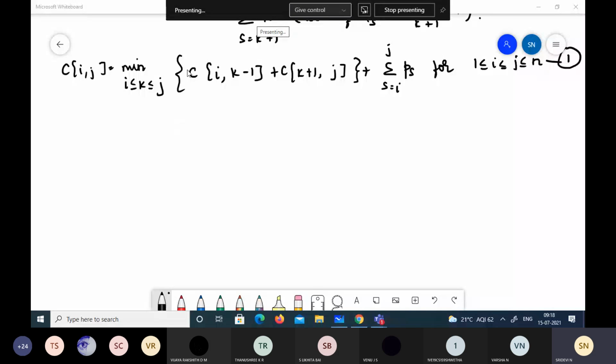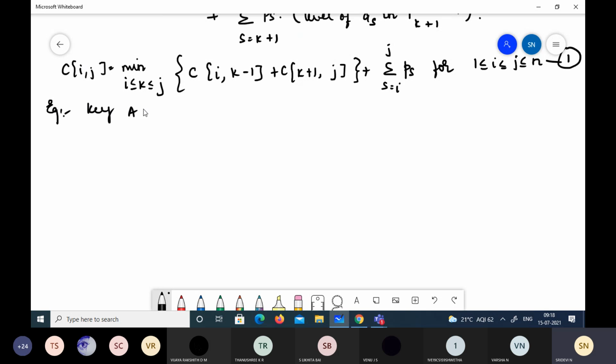Okay, so let's move. This is the formula which is being used. We'll use this formula for the same case. So what are we discussing? OBST with this example. We have the same keys A, B, C, D, and these are the probabilities for them: 0.1, 0.2, 0.4 and 0.3. We have to construct the optimal binary search tree for these. We know there are 14 possible binary search trees, among which we have to select the optimal, and it becomes difficult to construct all trees and check. Instead, we use the algorithm with this recurrence relation to find the optimal BST. So we will have a main table.